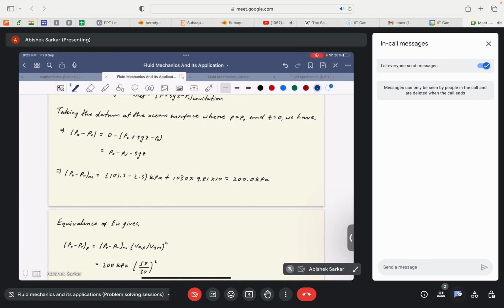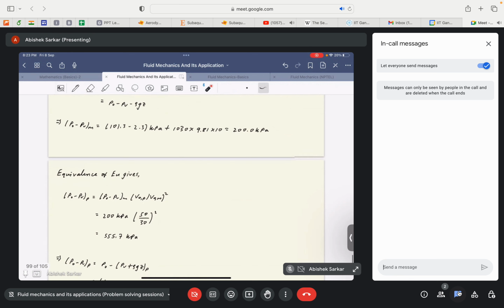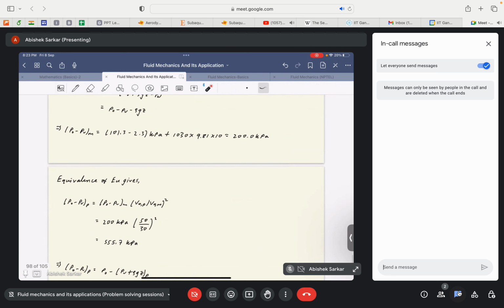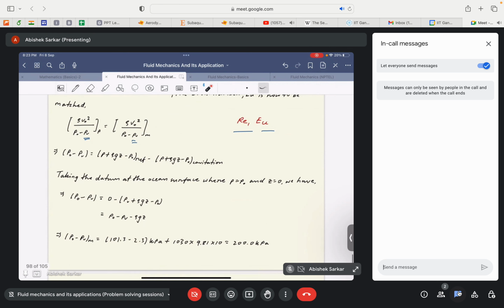So we substitute the values here and we see that p naught minus pv for the model is equal to 200 kilopascal at this particular depth, for a depth of 10 meter. So we just need to vary the velocity in the case of the model, because that is what is actually changing, and we need to find the corresponding height. So that's what we actually do. We compare the Euler's number. Since rho will remain constant,